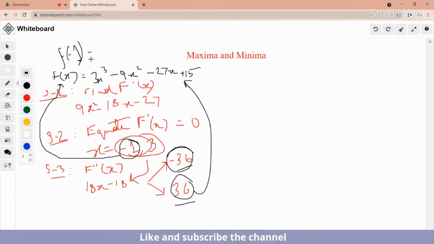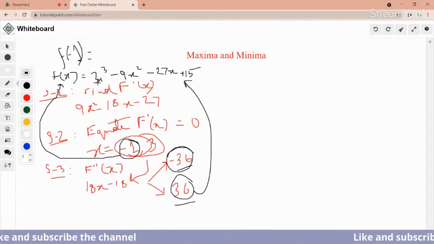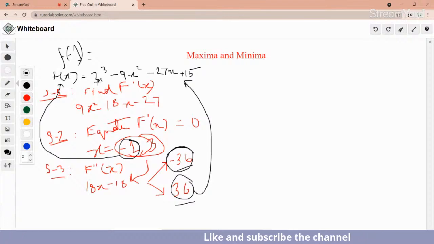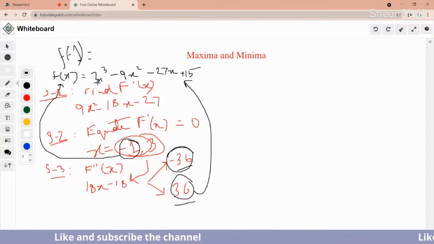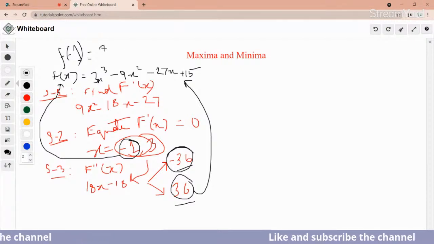So what will it come? -1 here. So 3 into (-1) to the power 3, which is -3, minus 9, because (-1) squared is 1, plus 27 plus 15, right? So it will come as 30,